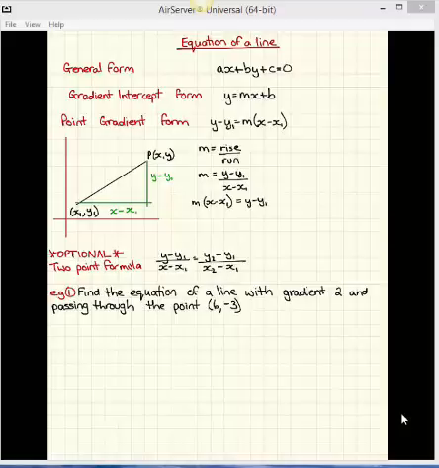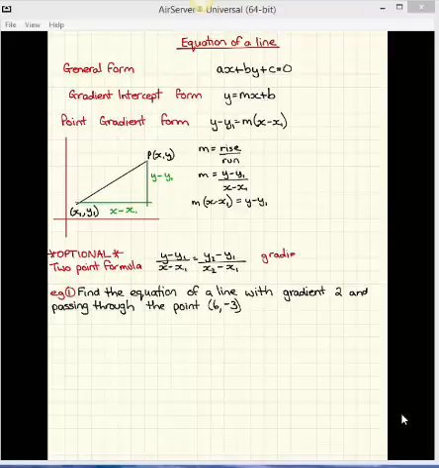So if you are given a point that a line passes through and the gradient of that line, you can substitute it into this formula and work out the equation of the line. Now the next one you can see here is completely optional. It's called the 2-point formula. So y minus y1 over x minus x1 is equal to y2 minus y1 over x2 minus x1. Now the reason that this is optional is because this part here, y2 minus y1 over x2 minus x1, is simply the gradient,